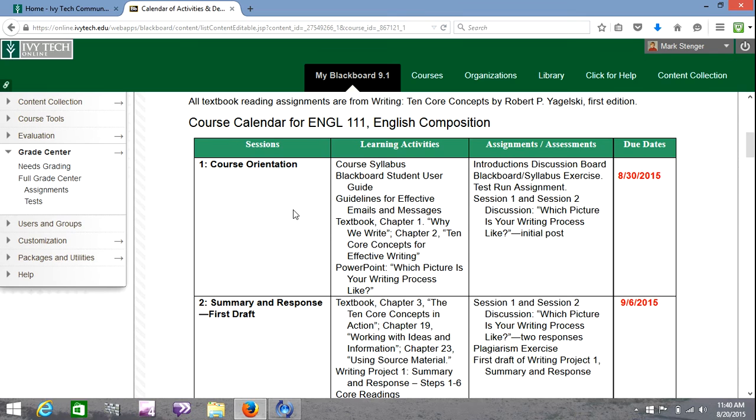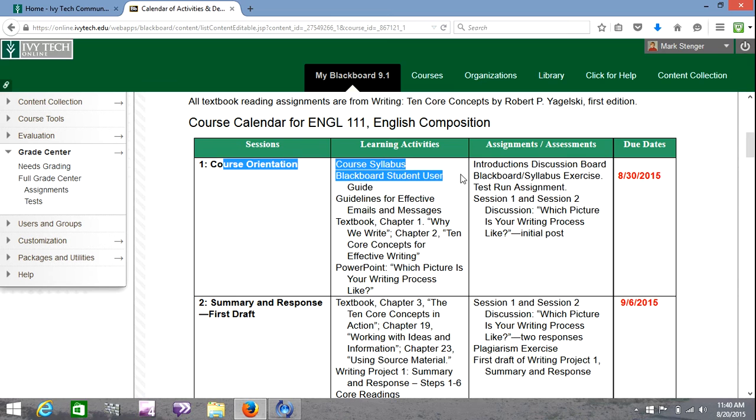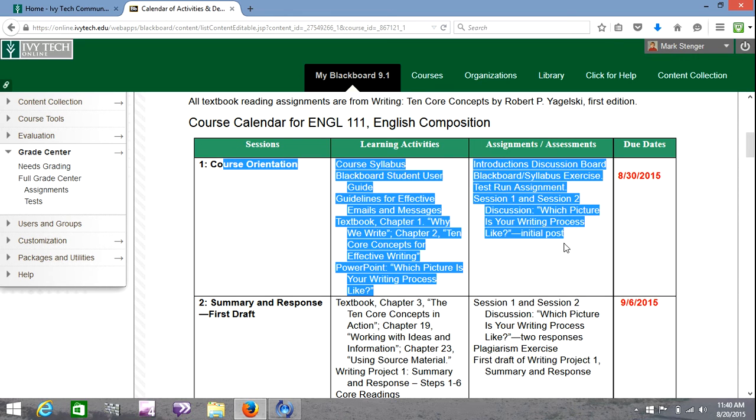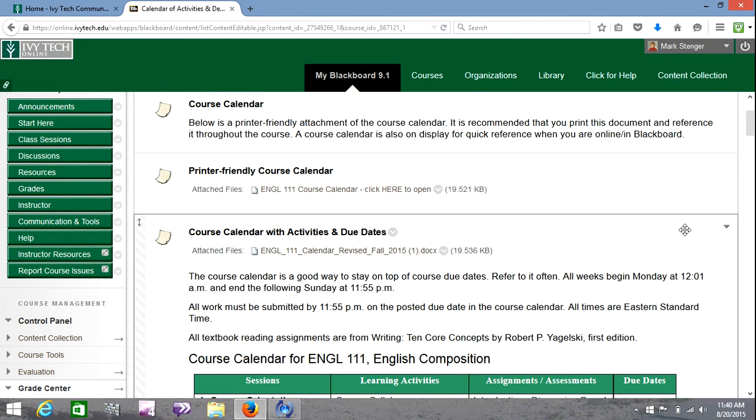And here it is. Each class session, all 16 of them, starts on Monday. So the first class session begins on August the 24th, and your assignments are due the following Sunday night. And that is the model we will follow throughout the course. Sunday night at 11:55 p.m., so 5 minutes before midnight is when everything will be due. And if you look here on the calendar, you can see week by week what it is you're going to be covering. Print that out too.